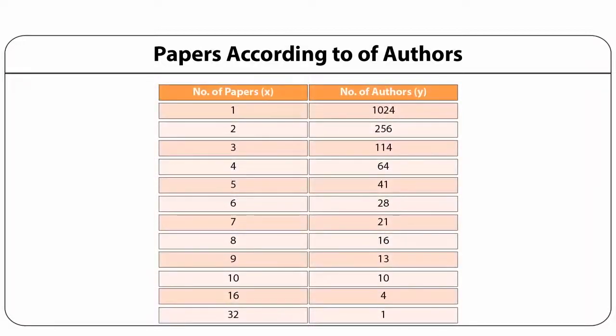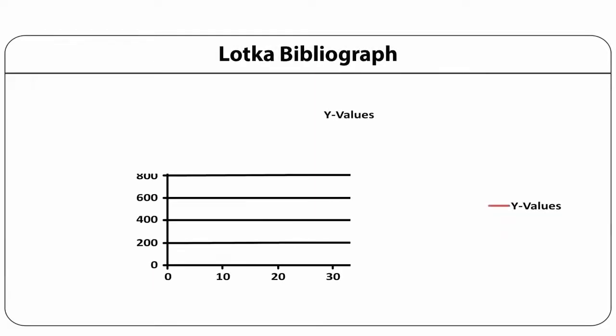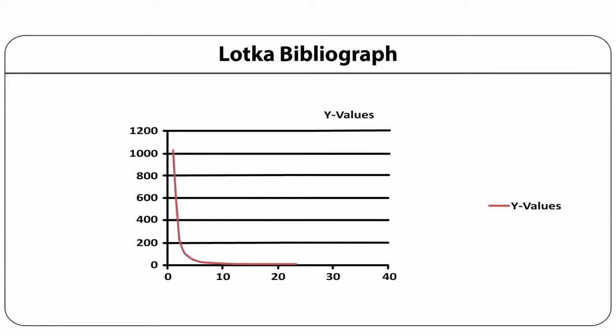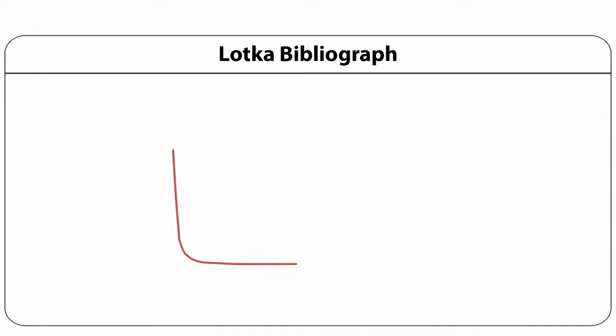This is a table which is given according to the number of authors contributed, one paper, two papers, three papers, and like that. So the first row indicates that 1024 authors have contributed one paper, 2056 authors have contributed two papers. In this way, there is only one author who has contributed 32 papers. It is Lotka bibliograph. If you see the graph, immediately you will see that the graph pertains to power law